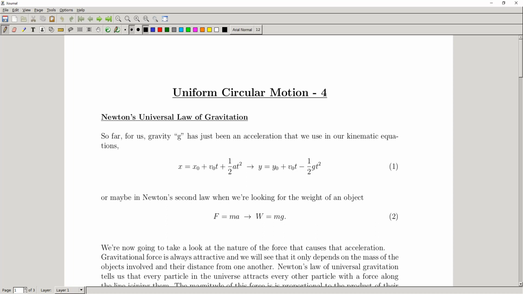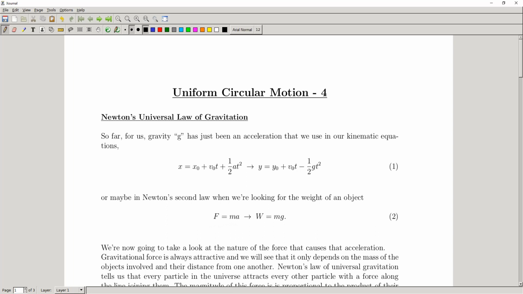We take gravity, and let's say, for example, in our kinematics equations, like we see here in equation 1, we simply take gravity in when we're talking about the vertical direction, and we substitute it in where the acceleration was in our horizontal direction, right? Or in other cases, let's say when we were talking in terms of dynamics in chapter, what would it have been, chapter 4 and 5,